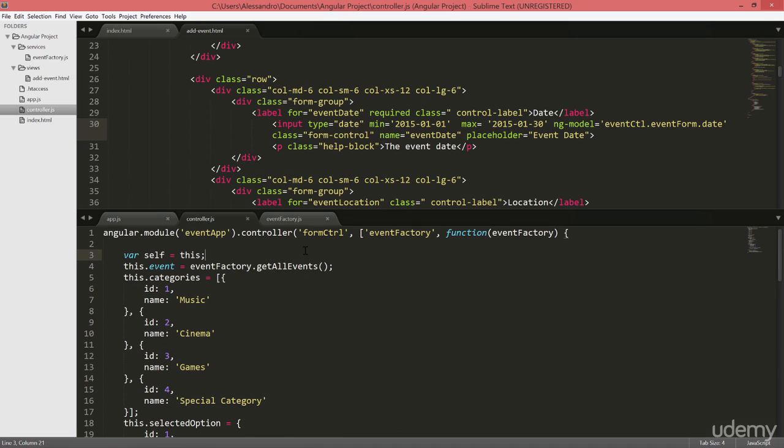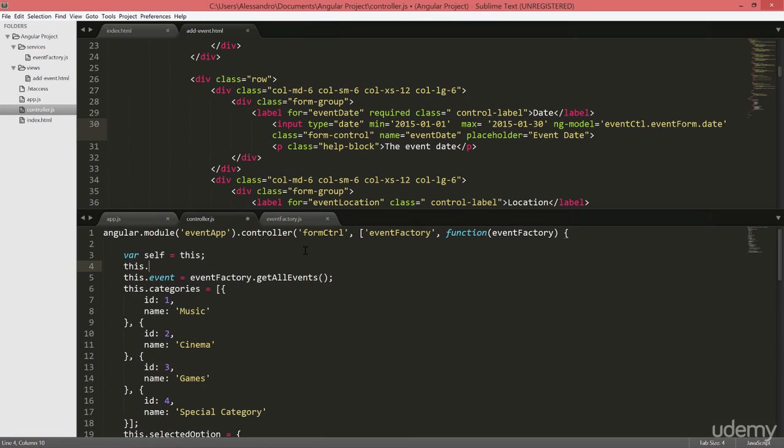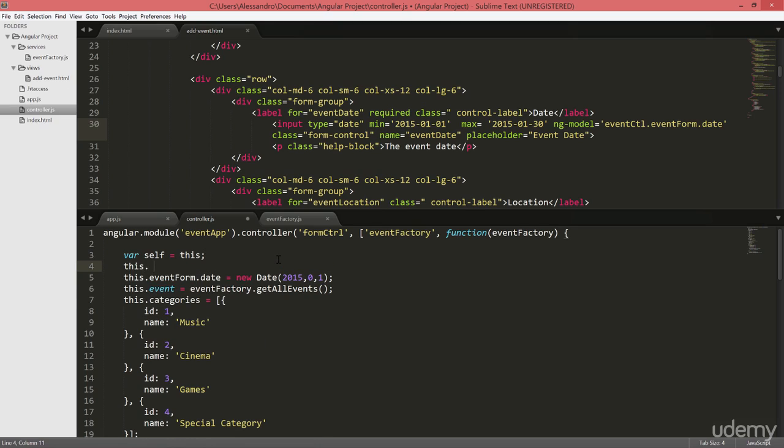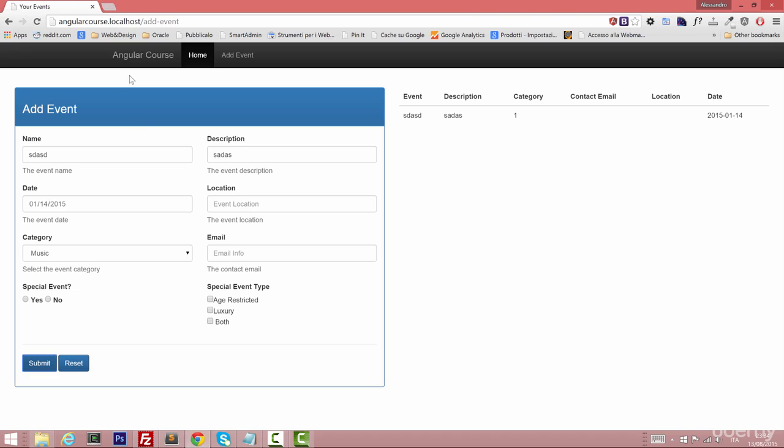Let's go back to the very top of our controller.js and let's create this.event form.date equals new Date, and this accepts the year as usual, the month, but in JavaScript months go from 0 to 11, so if it's January it will be 0 and 1, okay? And also we want to initialize our event form just to be sure to an empty object, so Angular will not complain about a non-existing object. So I refresh it,